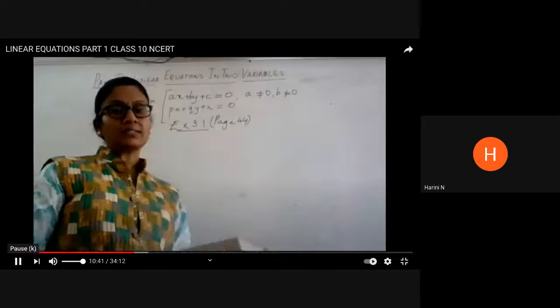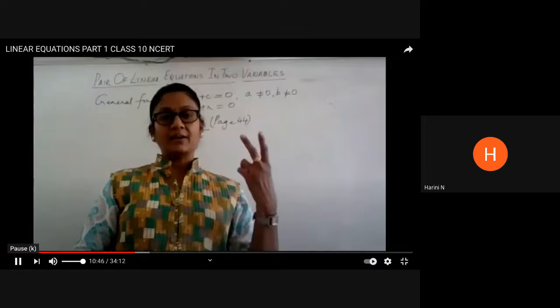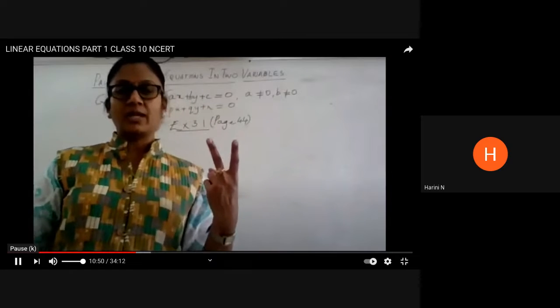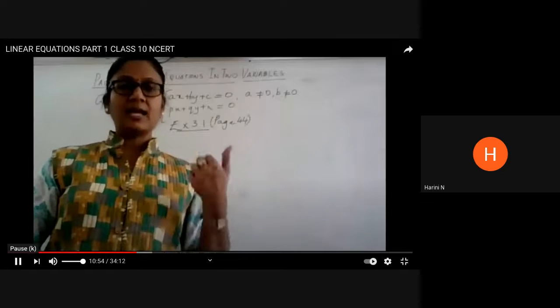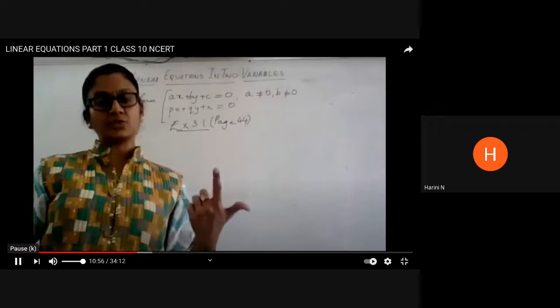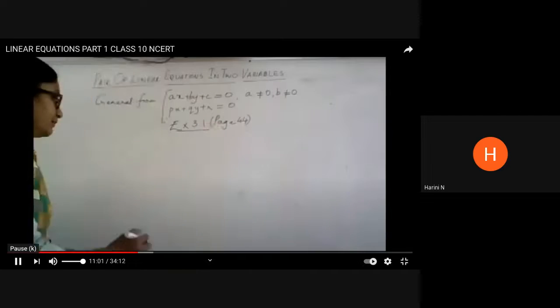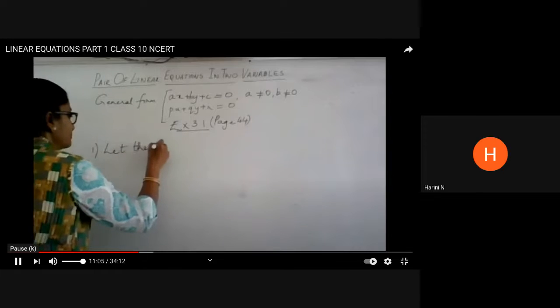Alright, because I'm going to frame equations in two variables, I have two things I can assume. So here, how will I assume? It is very simple because there are two persons, the father and the daughter. So we can assume their present ages as X and Y. That's the first step we have to do. Let the age